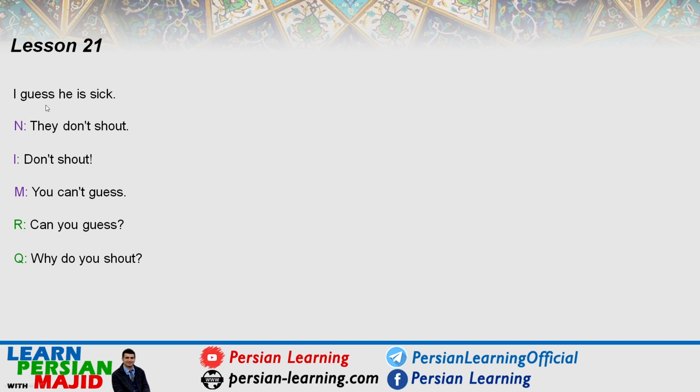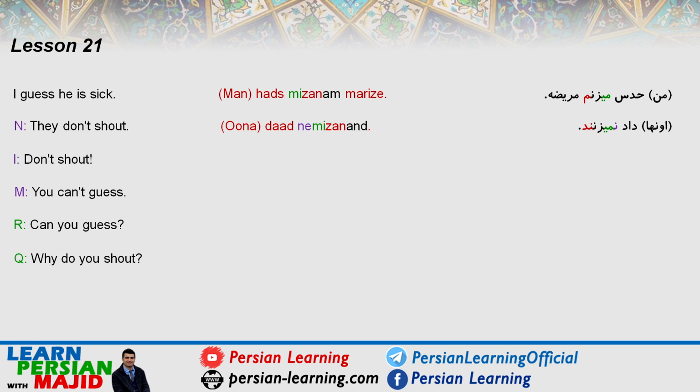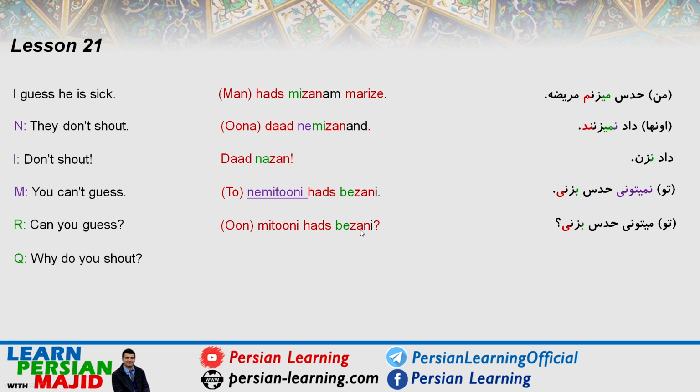I guess he's sick. guess حدس زدن. حدس میزنم مریضه. They don't shout. shout داد زدن. اونا داد نمیزنند. Don't shout. داد نزن. You can't guess or you can't guess it. نمیتونی حدس بزنی. Can you guess? میتونی حدس بزنی؟ Why do you shout? چرا داد میزنی؟